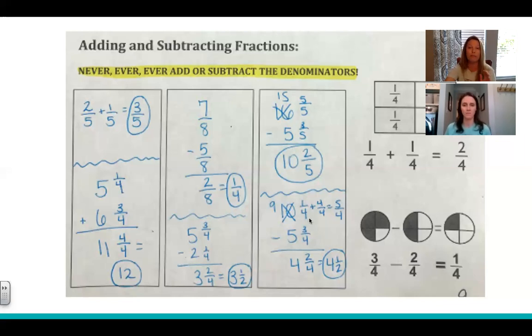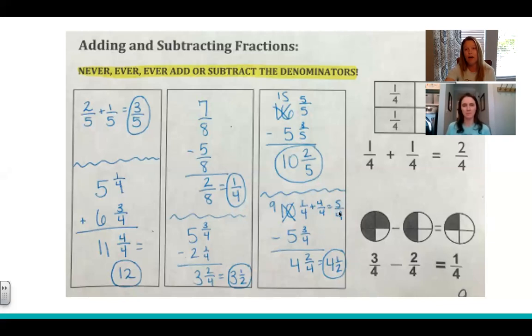The bottom one is the most complicated problem you'll have in the 4th grade. It started out as 10 1/4 minus 5 3/4. Make sure you pause the video and write that down because we're moving pretty quickly. I have 1/4 here, but I can't take 3/4 away from that 1/4. So I need to borrow a whole from my 10, he becomes a 9, and then I need to add a whole to what was already there. So 1/4 plus 4/4 gives me